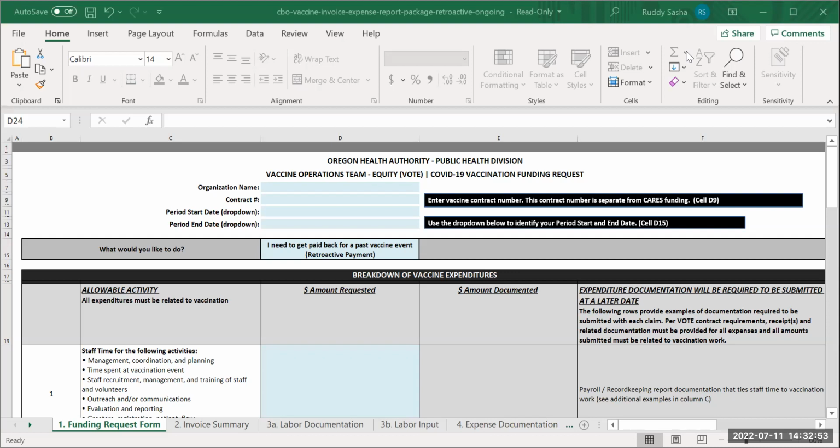Ongoing payment walkthrough. Your organization can complete a request for ongoing reimbursement for any allowable expenses following your contract start date, going until the last day of your contract. To complete a request for ongoing reimbursement, tabs 1 through 5 and all detailed documentation are required. We like to share this information up front to encourage our partners to keep detailed notes and receipts to make